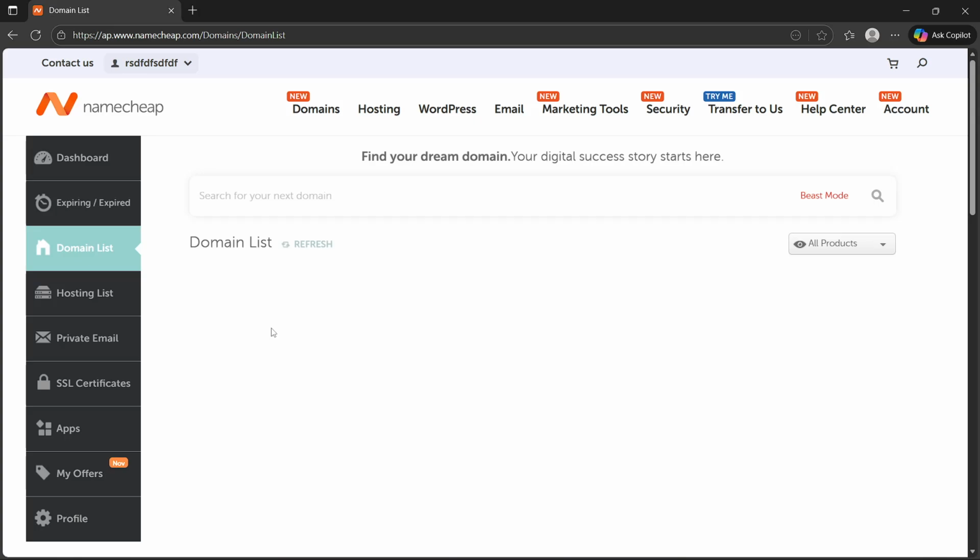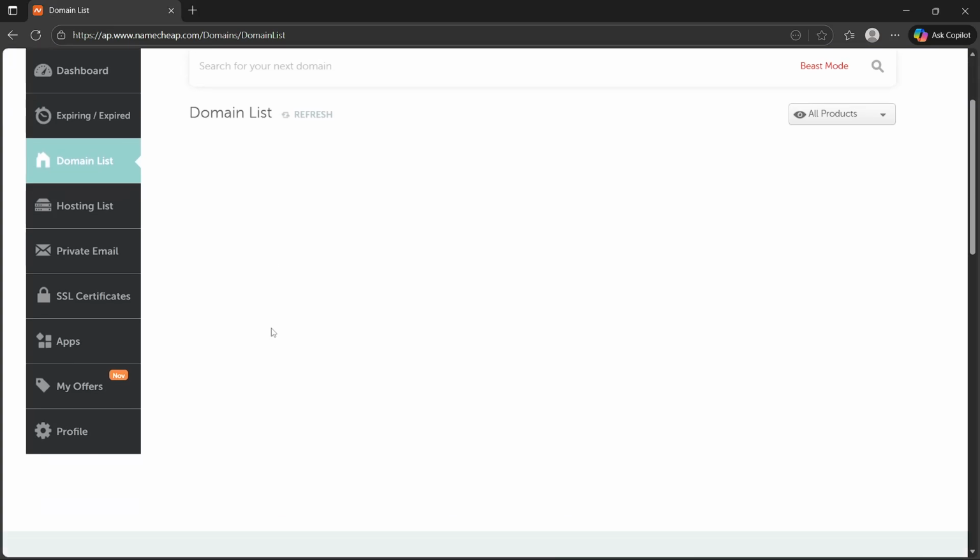And after that, after clicking manage next to your domain, what you will have to do is scroll to the name server section, and then you will select custom DNS from the drop down menu. And next, you will enter the DNS records provided by your host, and this may include NS1, NS2, or other